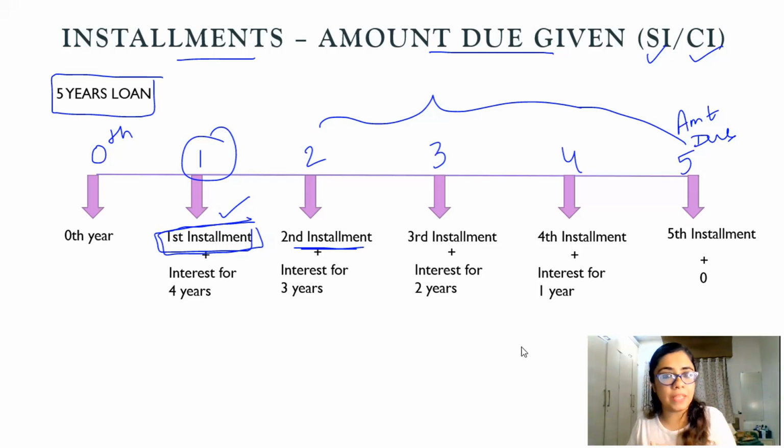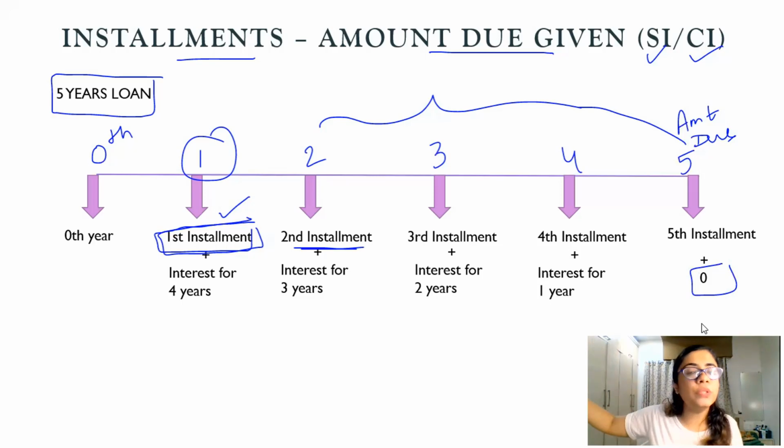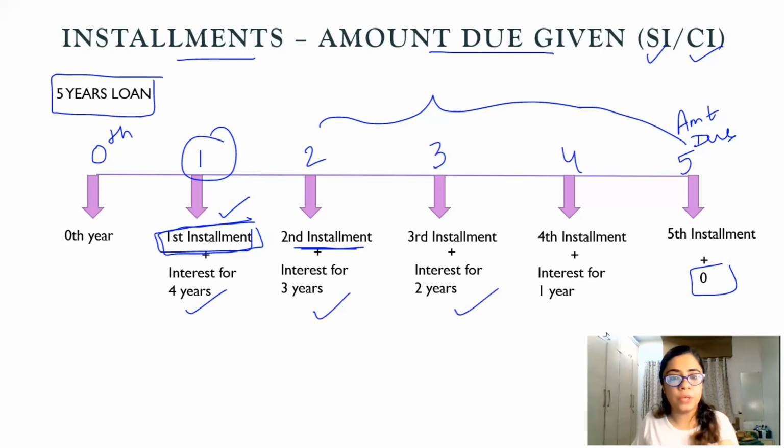And that is what is happening. So this will not generate any interest. So what the bank does is they will not give you the interest actually. The interest for 4 years, 3 years, 2 years, they will not give it to you. They will balance it out in your amount due. In your loan taken, they will just balance that money.